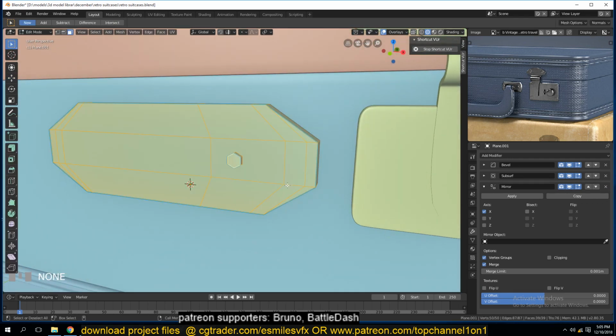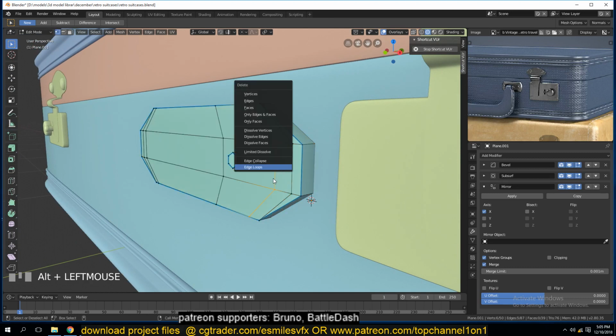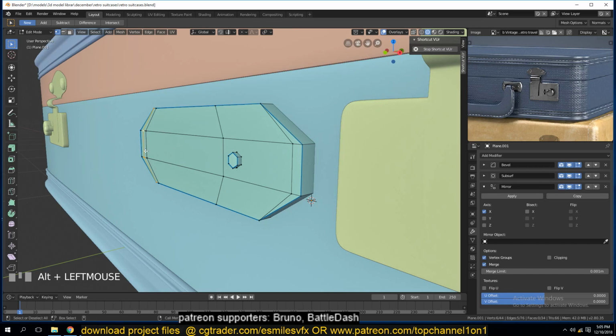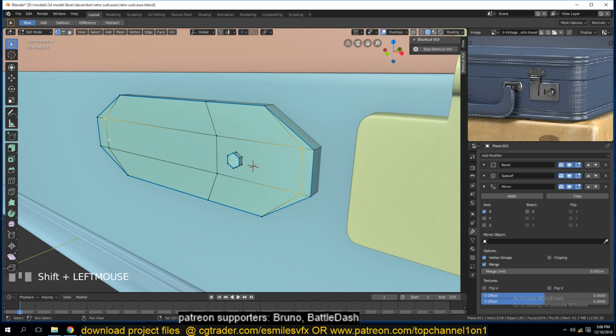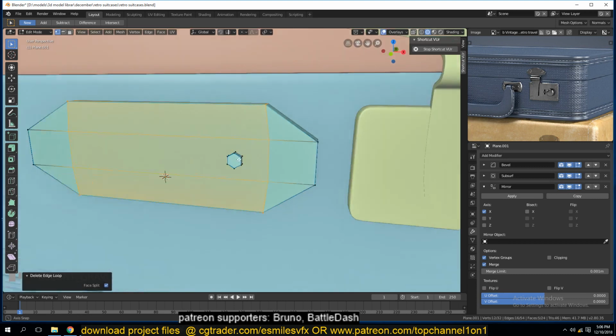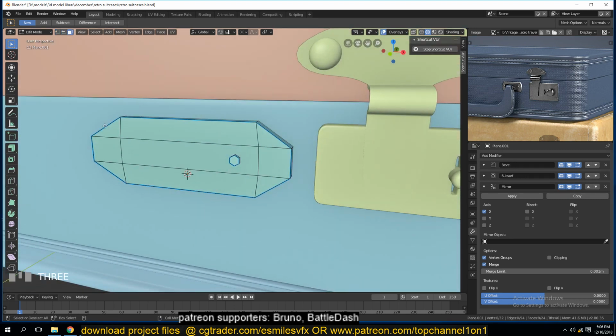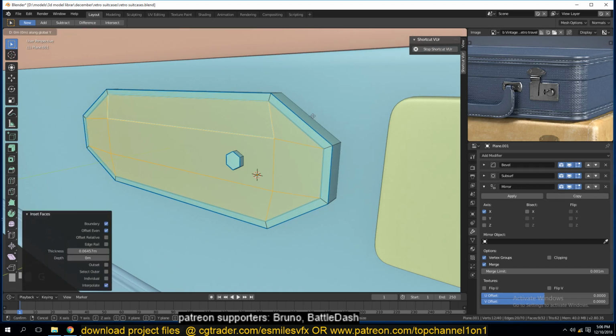And what else don't we need? We don't need all of these loops like this here. We don't need that. We don't need this either. So this can be pulled back, extrude. Now we can select this face here, insert, and then push it out a bit